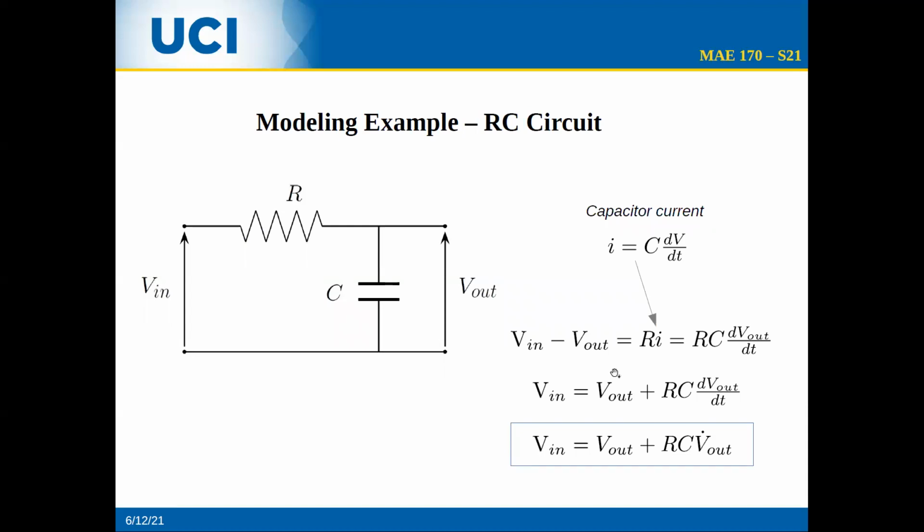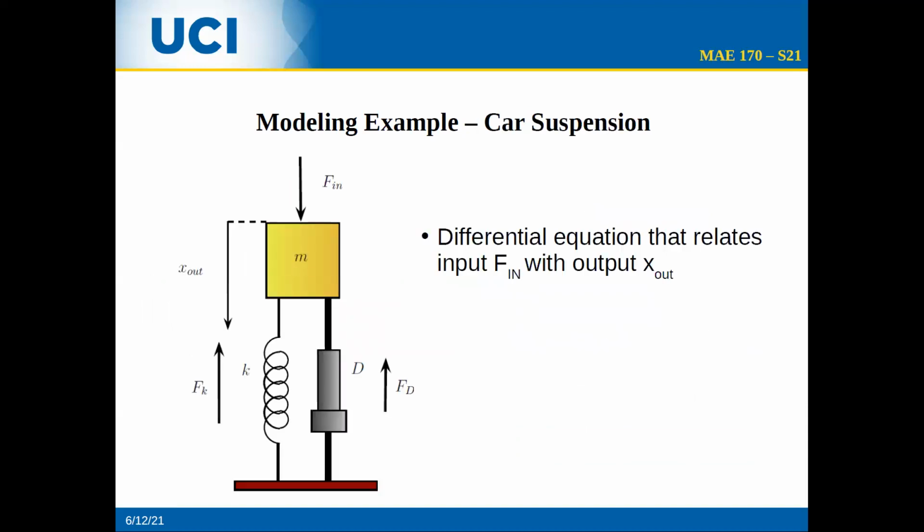And again, we're not going to really cover how to get to the equations. We will just assume that we're given the equations, or you know how to get them. But you can relate the input and the output. So in this case, it's just for the RC circuit. For a car suspension, for instance, we can model it, as my cat is pointing out, with the mass attached with a spring and a damper. So in this case, our input is an external force, and the output is the position of the mass.